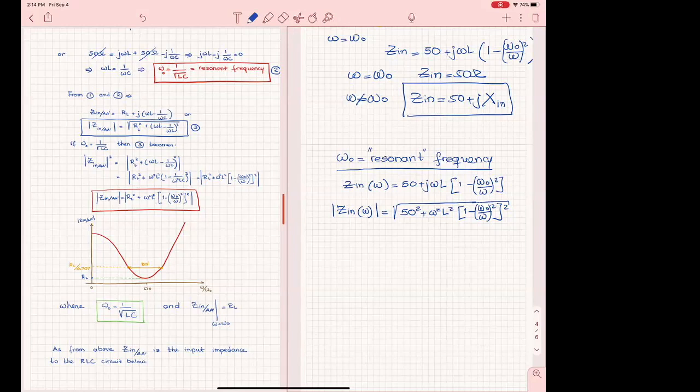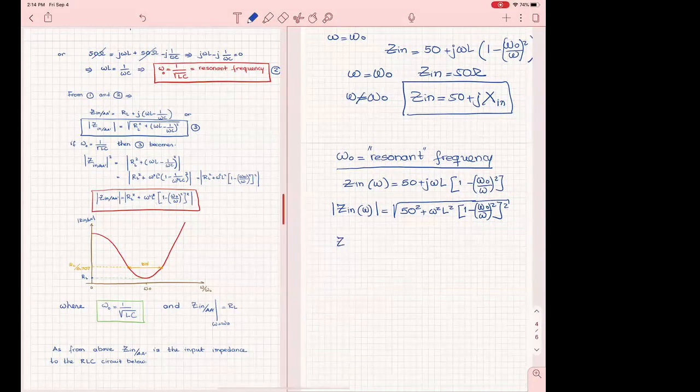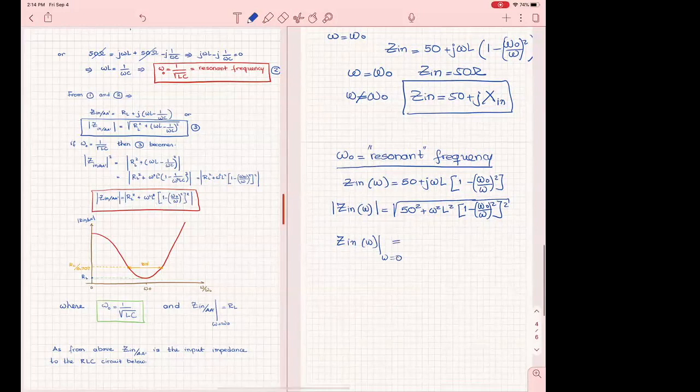So from this one, when omega is 0, both omega squared outside of this function and omega here, they both go to 0. And then we are going to see that Z in, when omega goes to 0, is equal to,